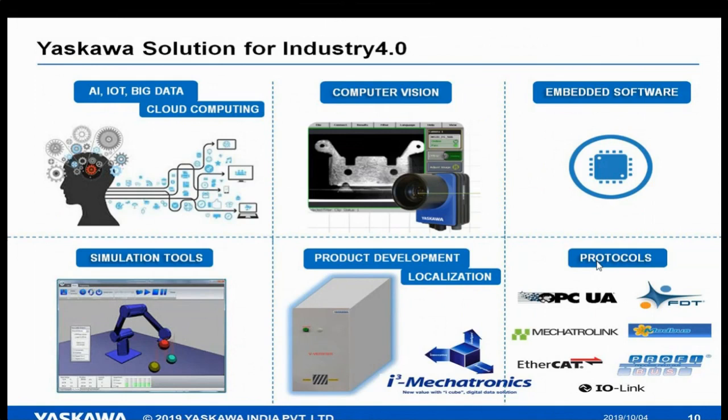One of Escava's engineers in Japan created it, and for some time there was a patent also. Then only they opened it to the public. You can go through Wikipedia, you will get the whole history. So Escava developed their own protocol and platform, iCube Mechatronic. I'm going to explain how the robots work with Industry 4.0.